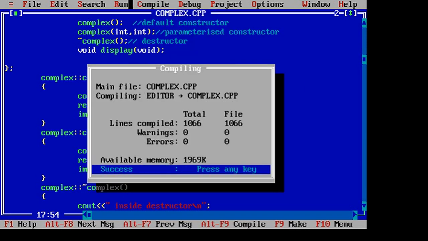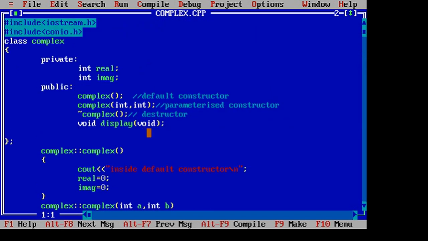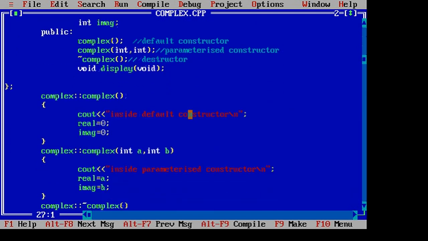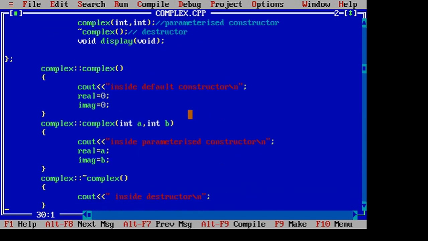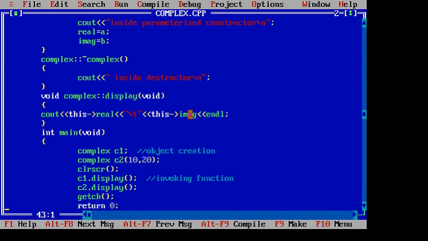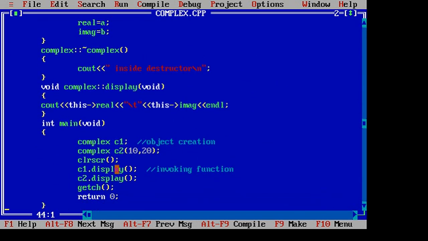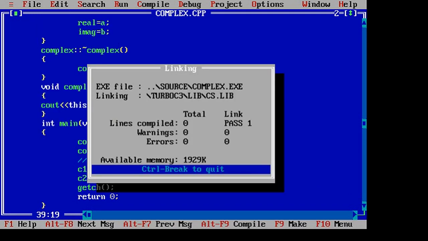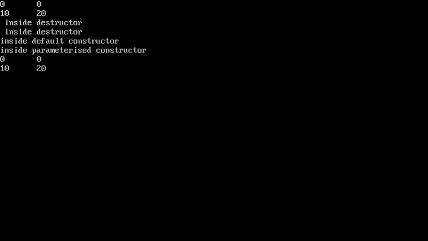See, this destructor is going to be called when the object is about to exit or be destroyed. So I will write cout, inside destructor. Let me add some message in the other places also. So I will write cout, inside parameterized constructor, right?